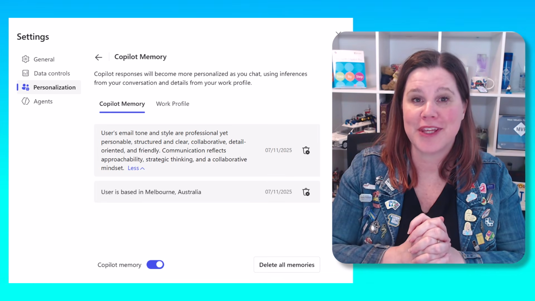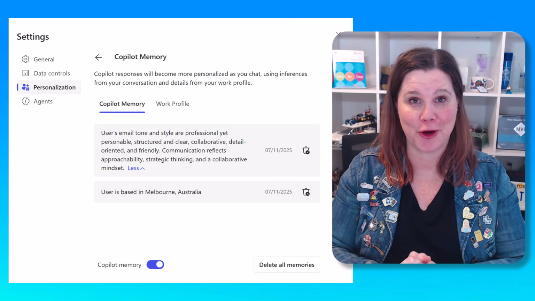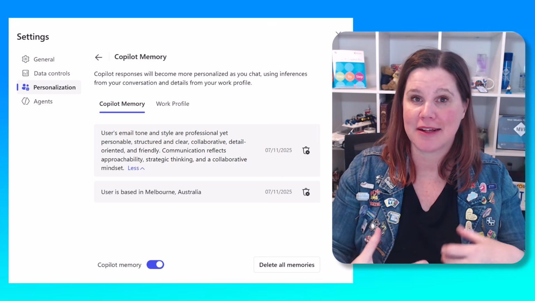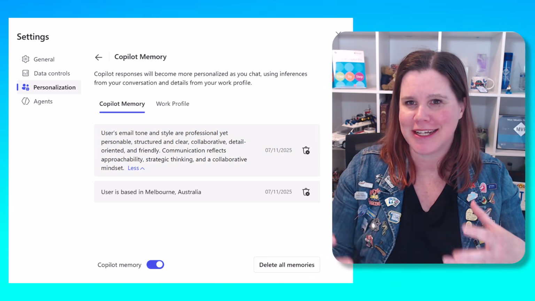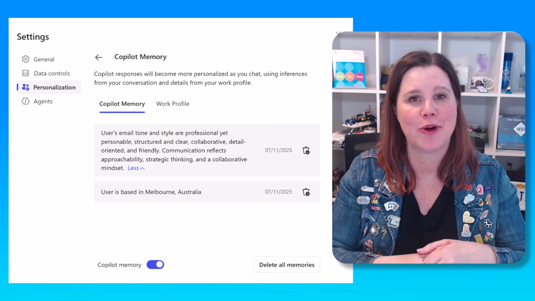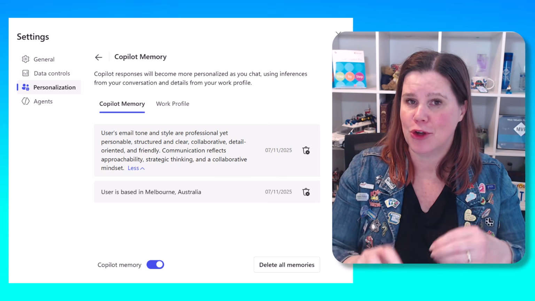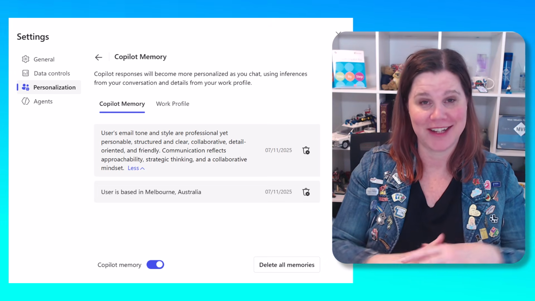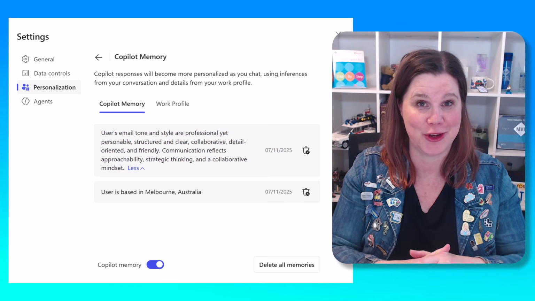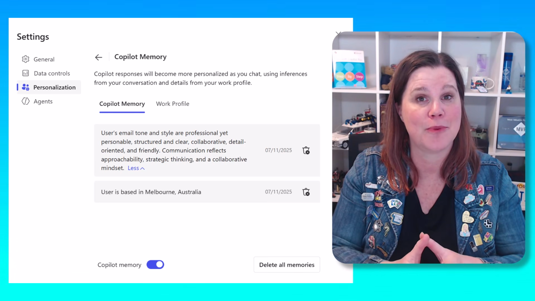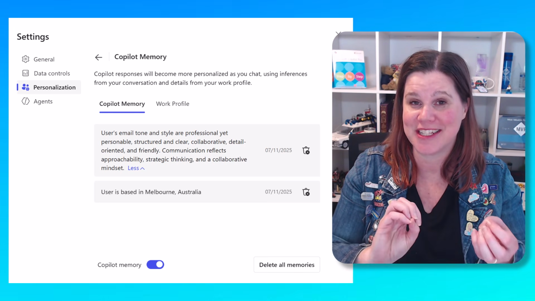Let me take you through the memory feature in Copilot. I often have people asking, can Copilot train the language model? Does it change and learn based on what I do with it? Technically, no, it does not train the underlying large language model. That is a core principle of the security of Microsoft 365 Copilot, but it does have this very cool feature